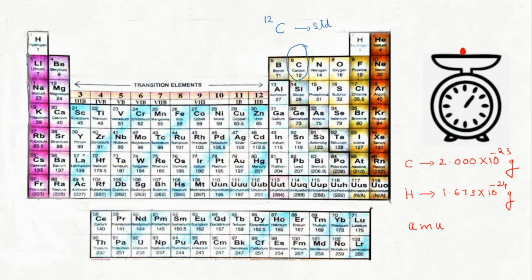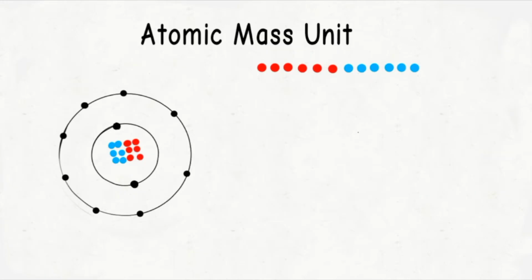Now, we are going to see what's so special about C12 atom, and from that we are going to derive one atomic mass unit. Let's see how to do that. See this one. Using carbon 12 as a standard, we are going to derive the atomic mass unit from that. Why we are calling this as carbon 12? Because it contains 6 protons and 6 neutrons in the nucleus. It is a mass number. Okay, you know that. And one more point to be remembered is that mass of a proton is approximately equal to mass of a neutron. You know that also.